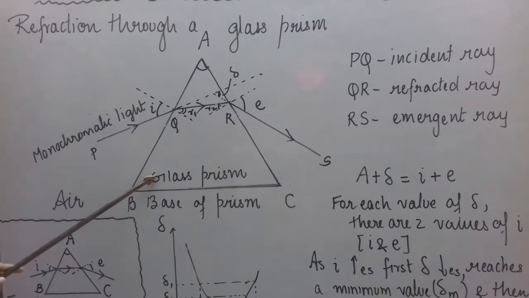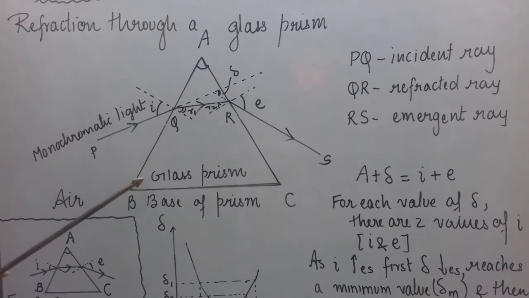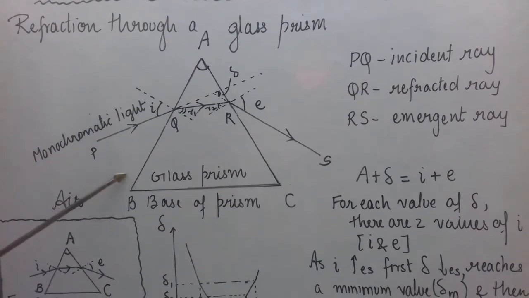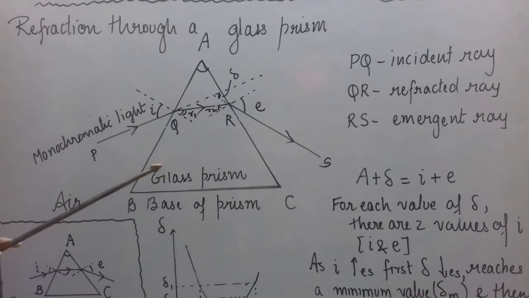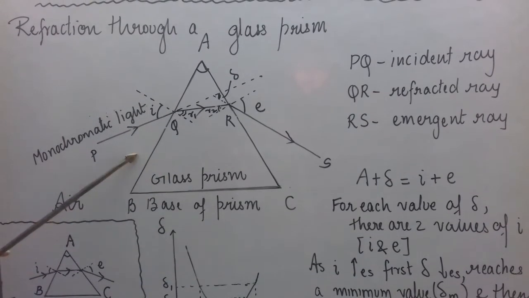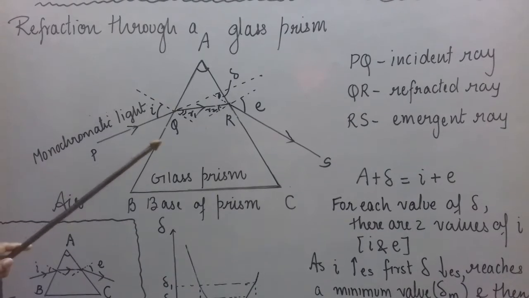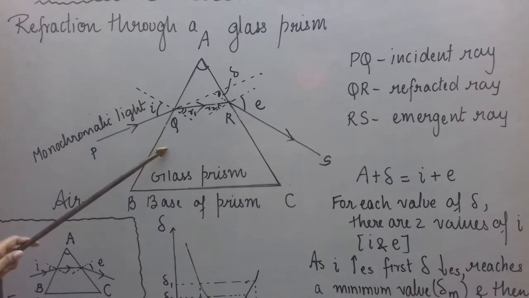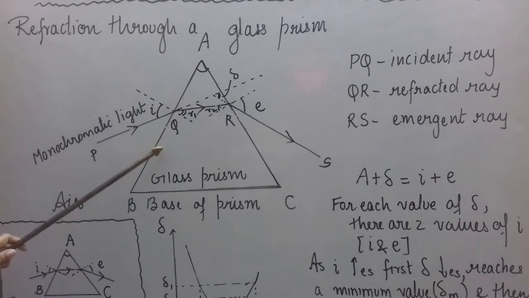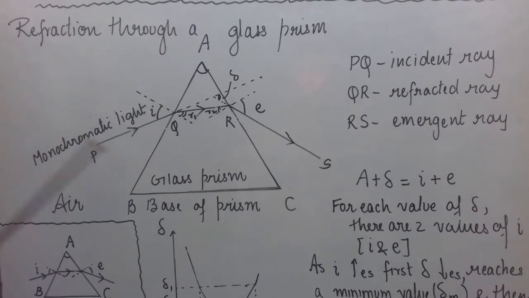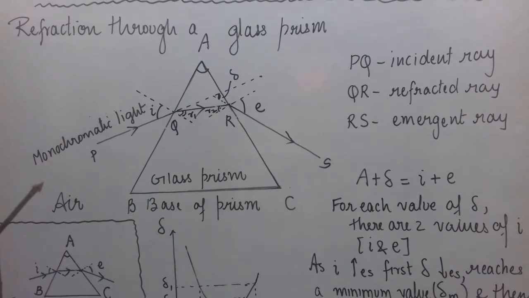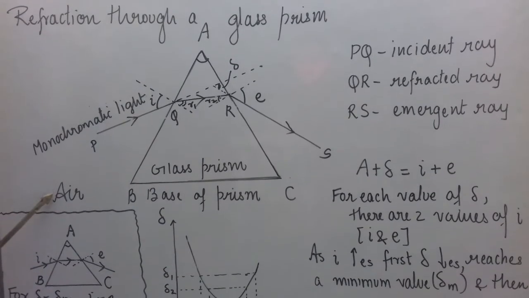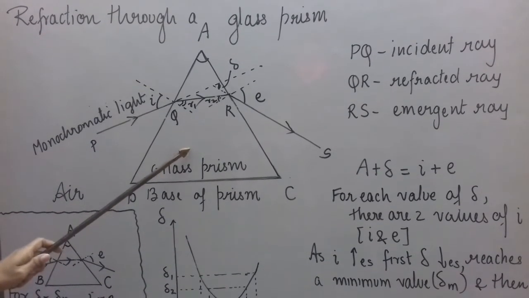It is made up of glass having three rectangular faces and its upper and lower portion is triangular in shape. Okay, top and lower portion is triangular in shape and sides are rectangular. So if we have a glass prism, we are considering the cross section of the glass prism. Now here this is the glass prism. I have labeled its boundary ABC, cross section of the glass prism. Here we have air. Air is the medium in which the prism is placed.